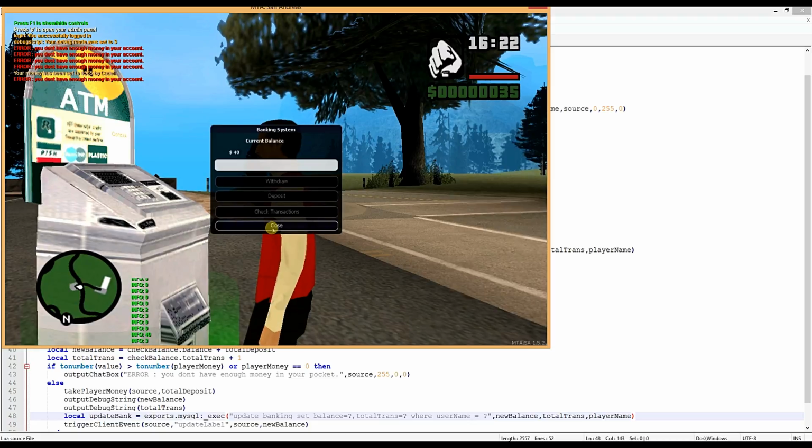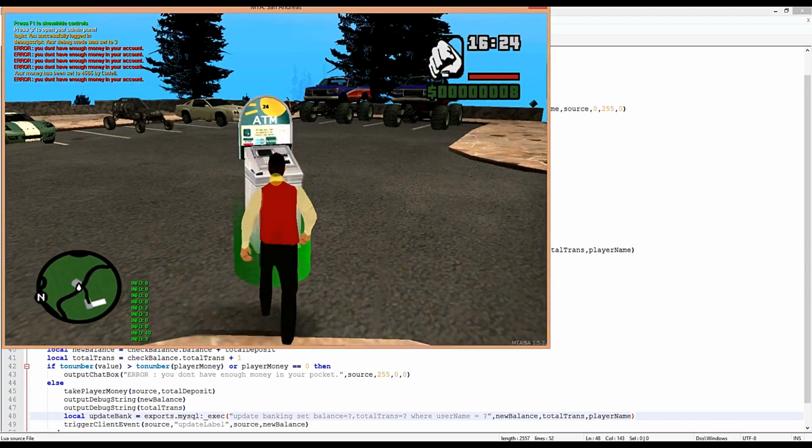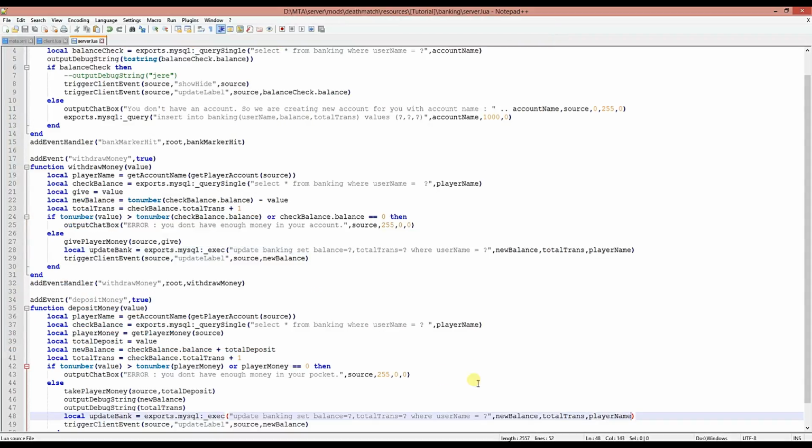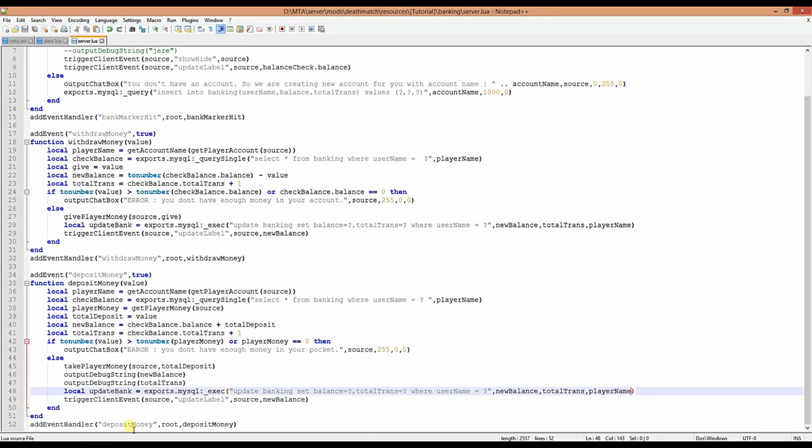40 deposit, close, check back. Yes, now we have again 40 in our account. 30 withdraw, and that was just a spelling mistake there. So now we are done with this. Now let's start with